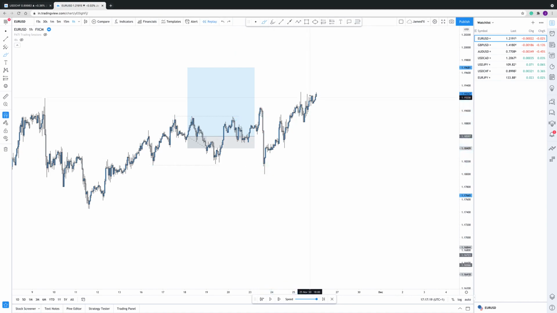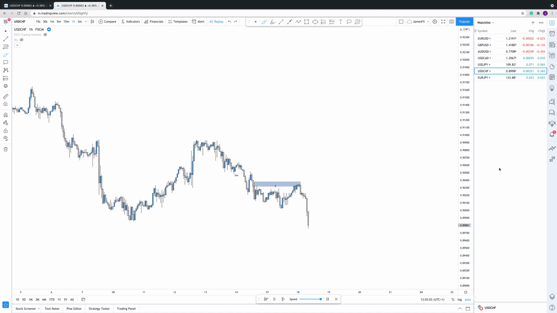It's happening every single day, and the more you go and backtest this and understand that this happens all the time, the better you'll be able to see it and basically be on the correct side of the market and not trade any of this support and resistance sort of nonsense, because that's what it is really. So if we look at this next example on dollar Swiss of equal highs,